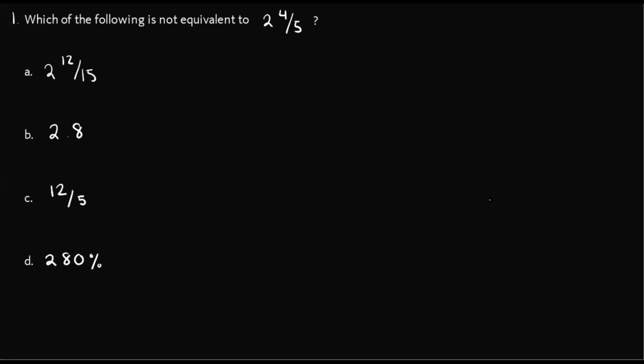So let's start with the first example. Which of the following is not equivalent to 2 and 4 over 5? The technique that we would use here is that we would try to convert the given number, depending on what we need. So for this one, note that